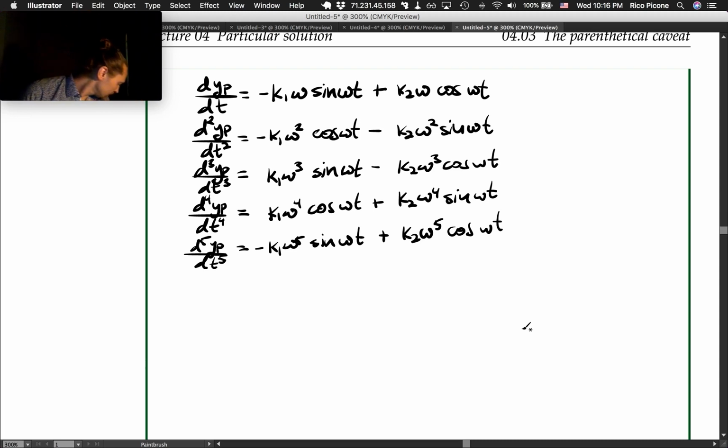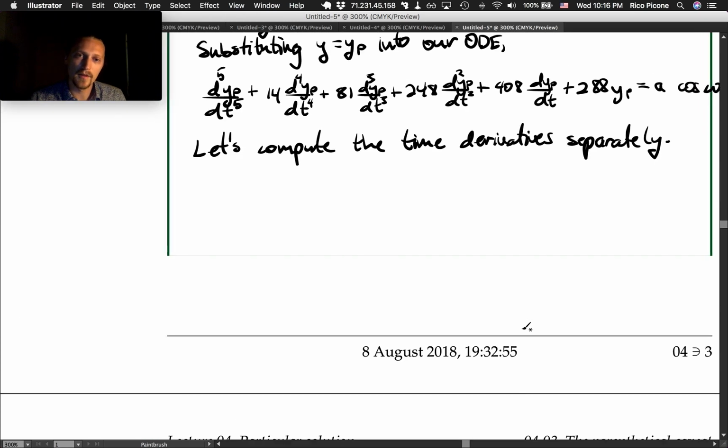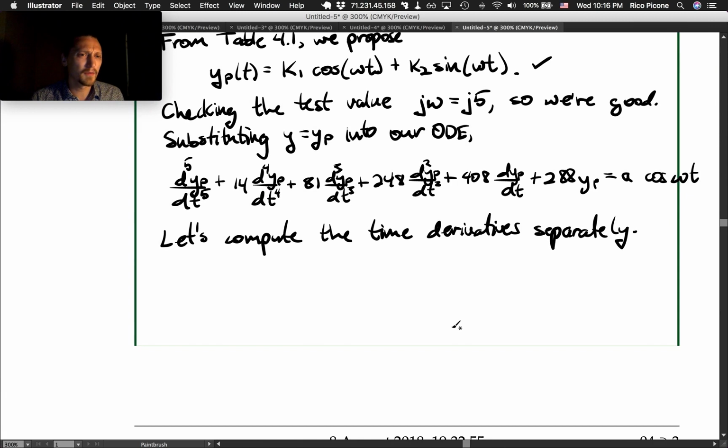Okay. All right. So, back to business here. We've got our time derivatives of yp, so we're ready to substitute them in. But we should refrain from the temptation to write that out long form. That would be a mess. What we can do is recognize that there's going to be a cosine term that shows up in every one of these, and a sine term that shows up in every one of these. Similarly, on the other side of the equation, we have a cosine term, and then presumably the sine term has